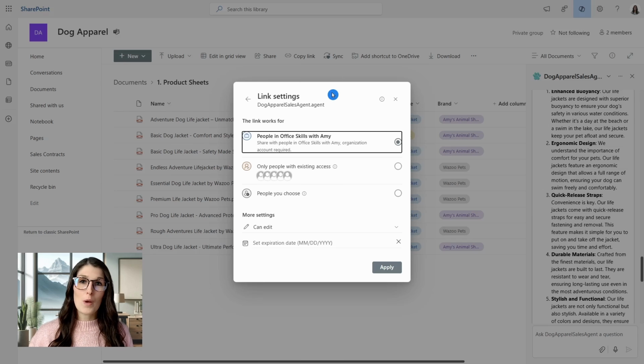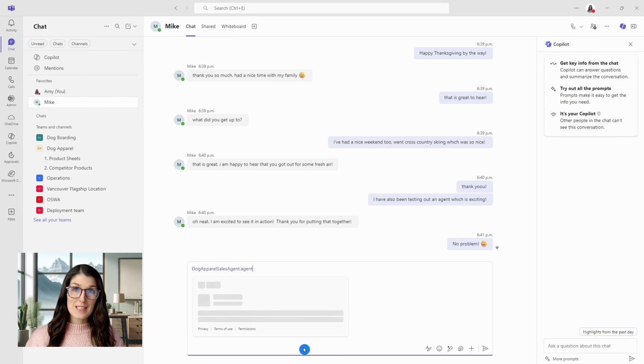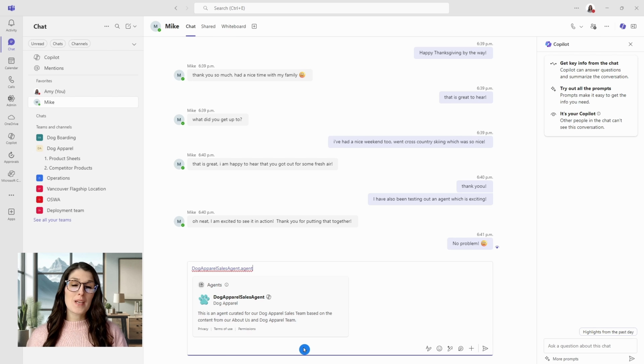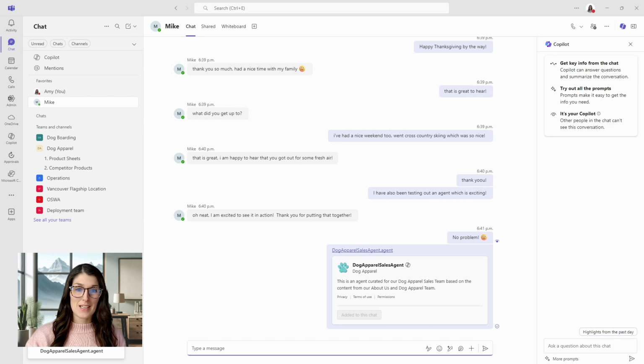But in this tutorial, we are going to take a look at specifically within a Teams chat. So here we are in our Teams chat, and this is where I'm going to paste that link so that I can essentially add this agent into our chat so that we can chat with it just like another coworker to quickly gain insights. I've already added this agent to this message thread, which is why this "Added to chat" button is grayed out. But when you copy and paste that link and press enter to send the message, this typically goes gray, and then you can select it, and that agent is added to the chat.